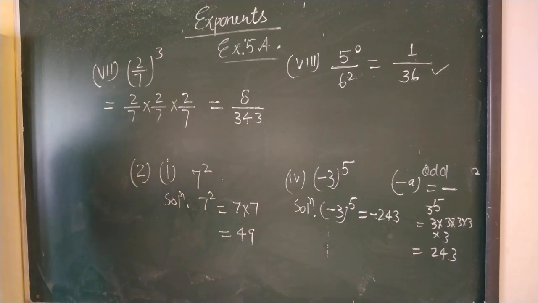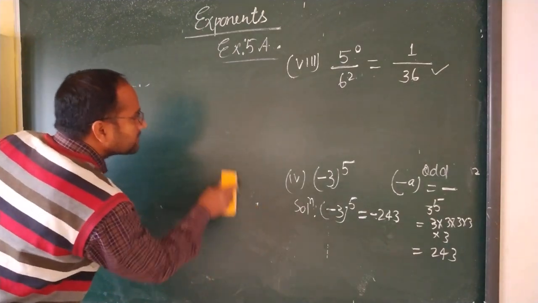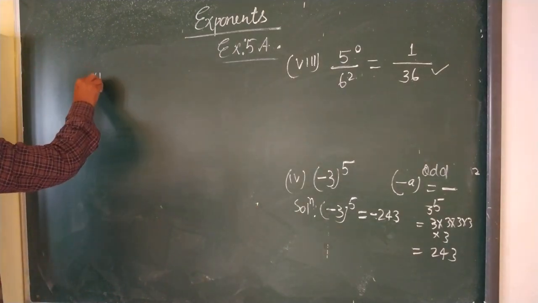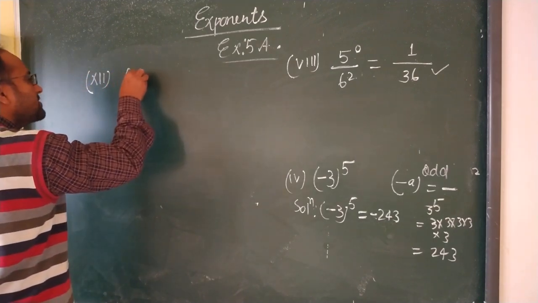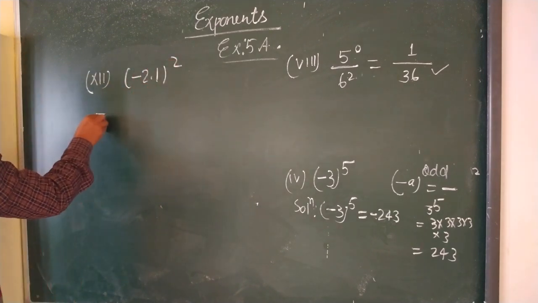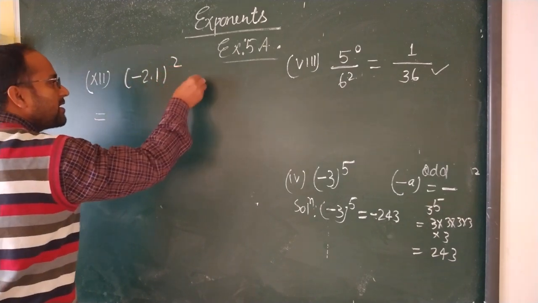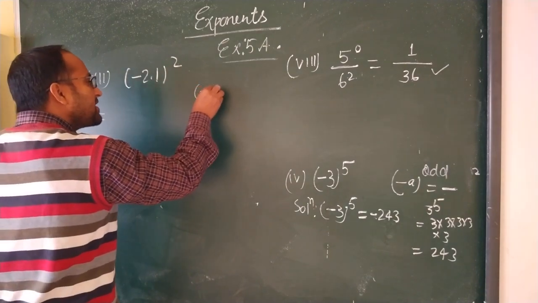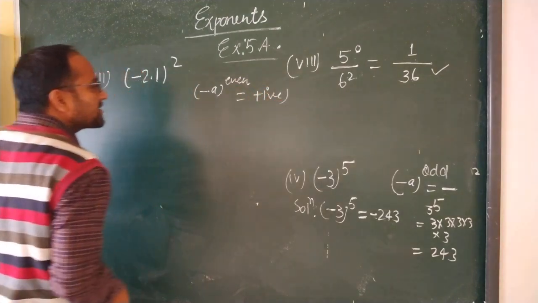Now you will try this question number 9th and 10th. See this question number 12th one. Okay. Question number 12. Others are same as it is. If it is a minus, then you can use your minus sign. You know that minus 2.1 to the power 2. It is a decimal number, so no problem. Because its base is negative and the power is even, if your base is negative and the power is an even number, then you always get a positive value.